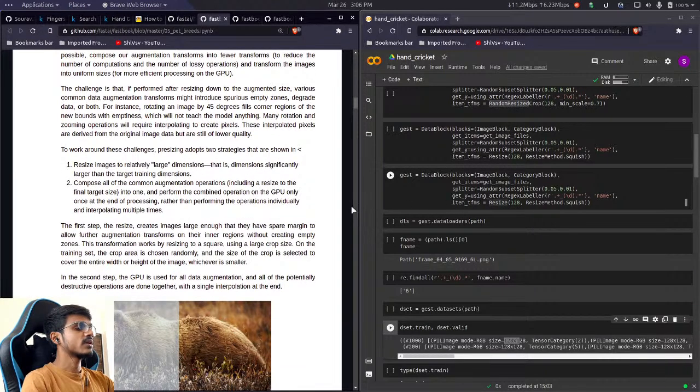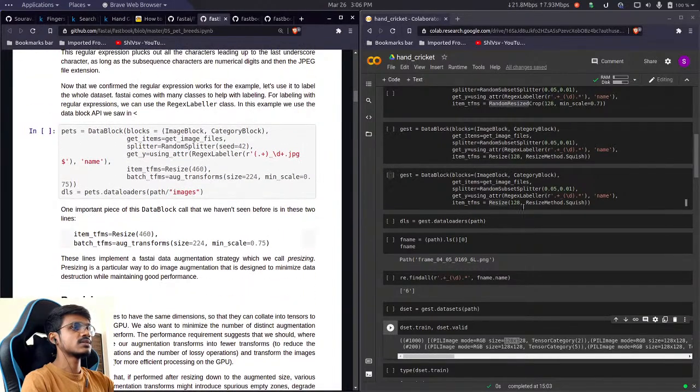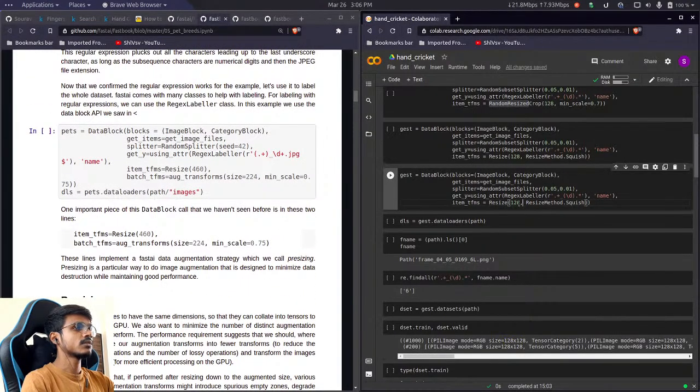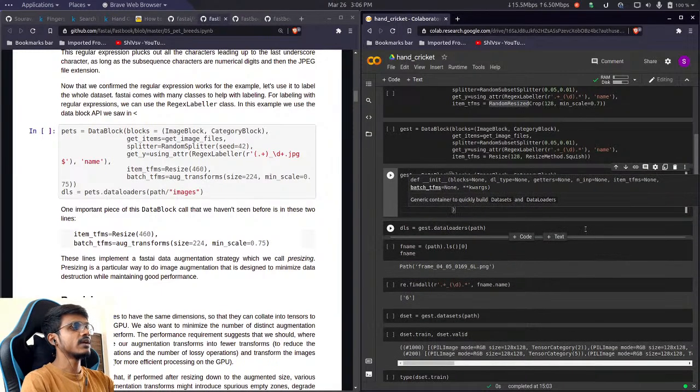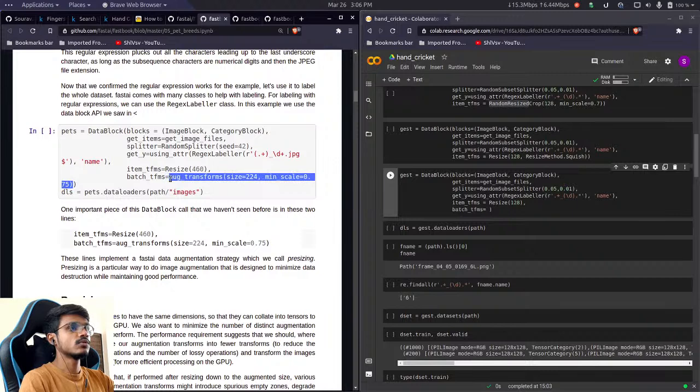Okay, so what if I keep the resizing step at 128 only? Let's try that. I'm keeping the resizing at 128 because most of the images are 128 by 128 in size by default, and after that we are going to apply batch transforms. So let me copy this line of code, augmentation transforms,